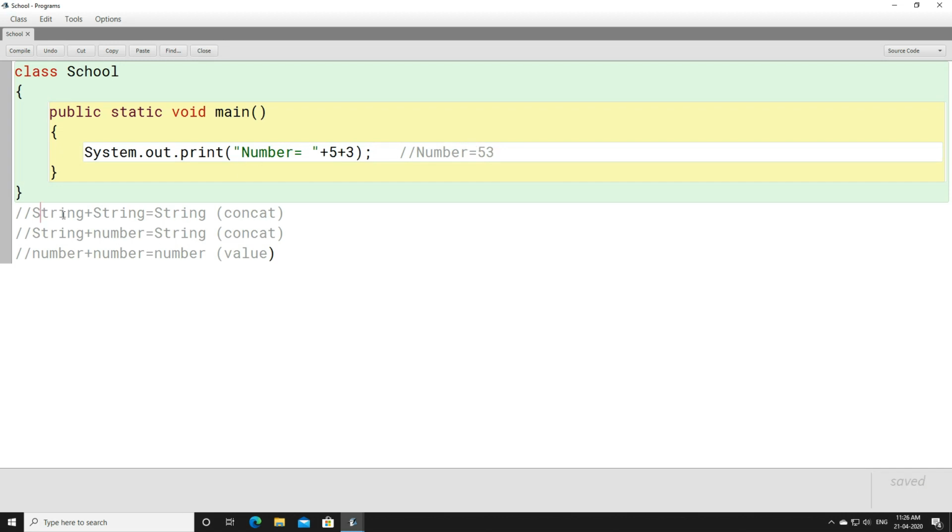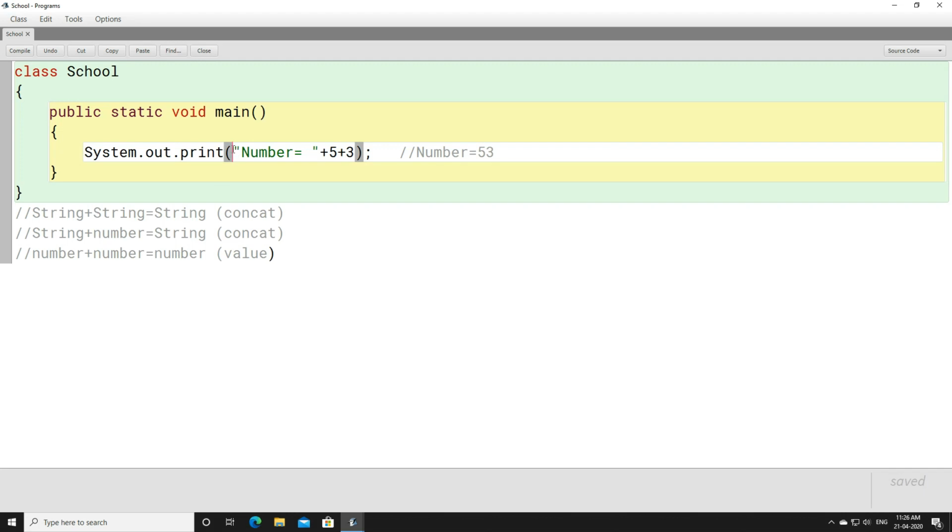Now look at this rule. The rule says, when you add a string with a number, it gives you a string, a concatenated value. Now when you start evaluating this, evaluation will take place from left to right, because here you can apply the BODMAS rule. According to the BODMAS rule, if you have plus signs, you have to begin from left to right. So the first thing written is a string, and you have to add 5 to this string.